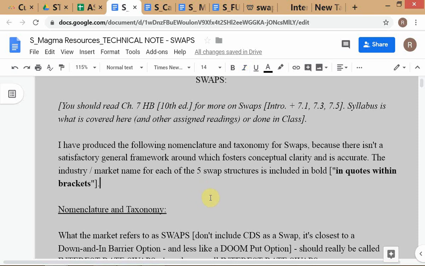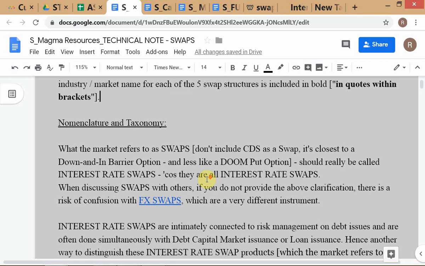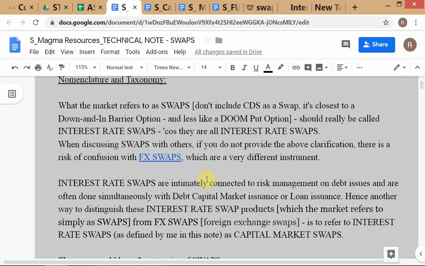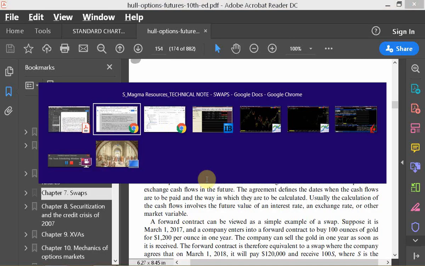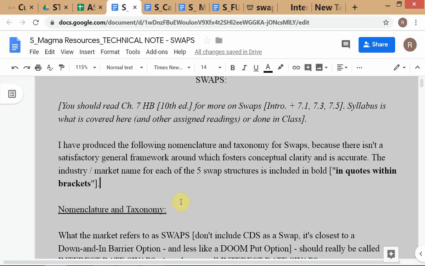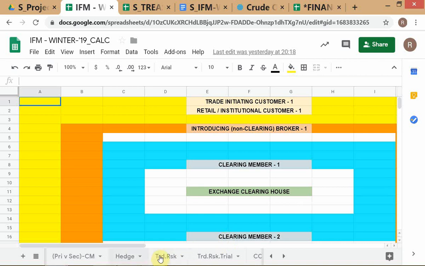Now the problem that we have is we are basically looking at two types of swaps. We're looking at what we would call capital market swaps. Where have I written this? Let's refer to your working note. This is also important. Here in your calc file,